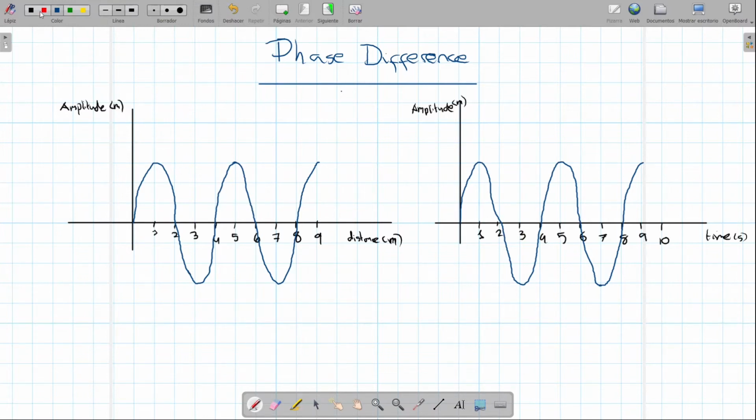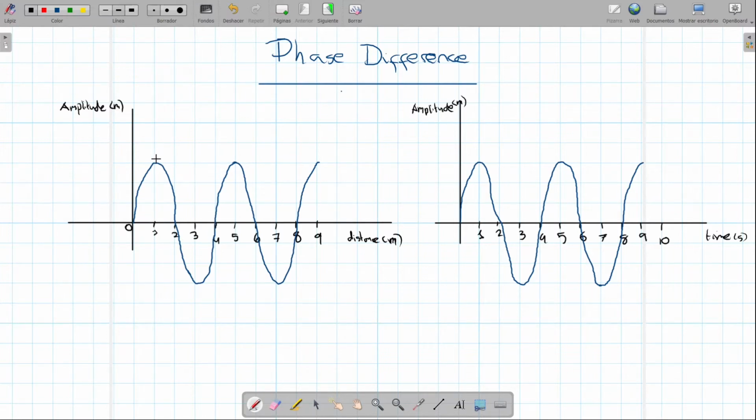We already know from past videos that in the first type of graph, amplitude versus distance, we can calculate the wavelength. The wavelength is the distance between two equal points in the wave. Remember that, for example, at the origin the wave goes from negative to positive. At point 2, the wave goes from positive to negative, so it's not the same point. The next point, which is equal, is point 4. So we can see here that the wavelength would be 4 meters, but the best way to calculate